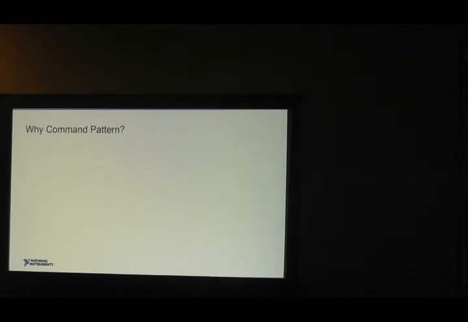And this type of message handler, which is what AF uses, is called command pattern. And it has some benefits and some drawbacks. I've had many arguments with people about whether this is the right way to go or not. But why do I use it? Why do I like this method, and why is it in Active Framework?